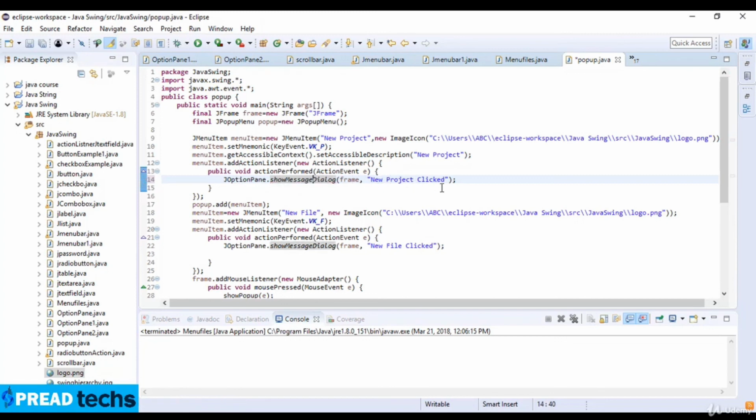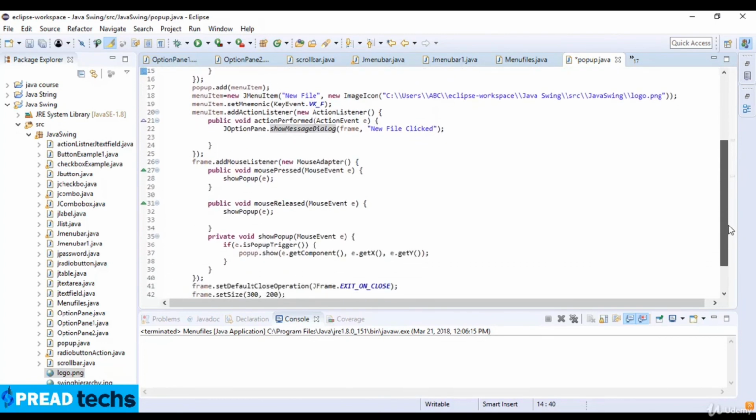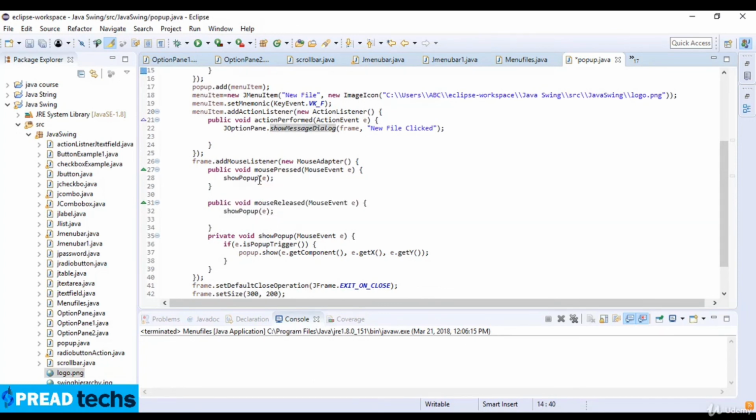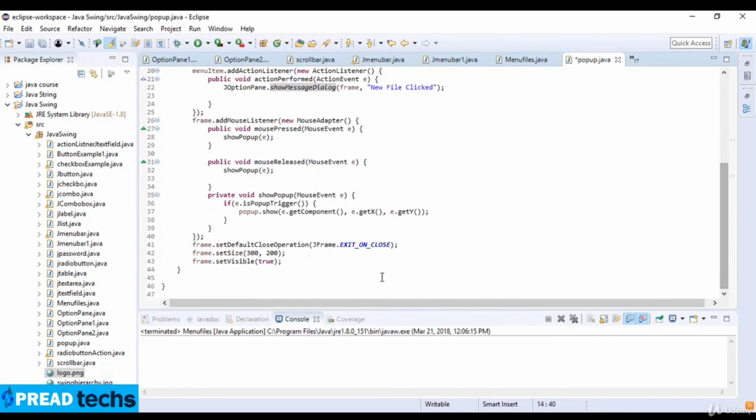So frame, new project clicked, and then we do the same for our new file, and then we add the mouse listener and create showPopup. The popup shows a message here because we have not created a function for this popup. So private void showPopup function here, and then we write the condition for the trigger and get X and get Y. Okay, and at the last we just set the